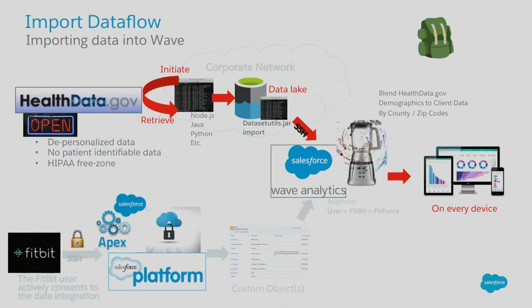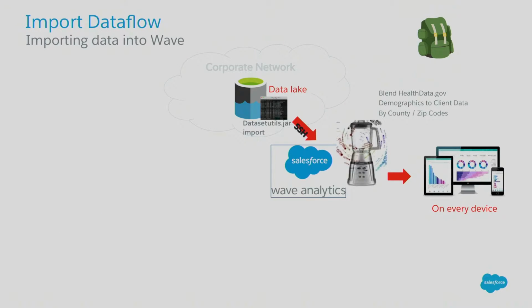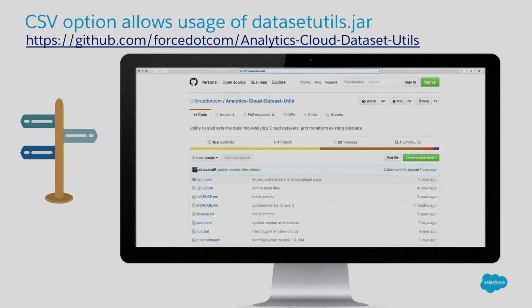So then once we have it in our data lake, the next part is to get it into Wave, right? So what you're going to see here is Salesforce has made this very easy. They've provided the Analytics Cloud toolset, which is basically a jar file. And this allows you to bring data that you have in a CSV format right into Wave securely, and as you're going to see a sample of in a minute, very easily. So this toolset is available on a GitHub website. This is public information that Salesforce has made available. This is public wealth. So you can go out to this GitHub website, pull down the jar file, and then